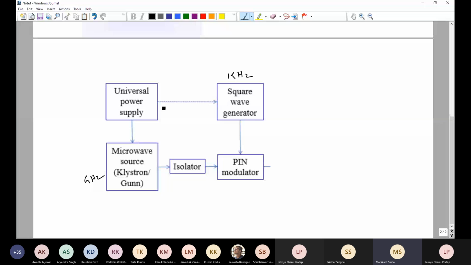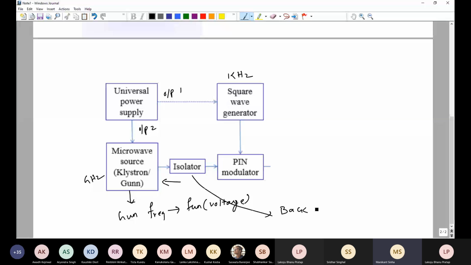It will have frequency, meaning it will have a time period, and it will have amplitude. The amplitude and the frequency are controlled by a knob. You will find a knob in the universal power supply, and when you see the instrument, it is self-explanatory. Below the knob it is written square wave amplitude, and then square wave frequency,